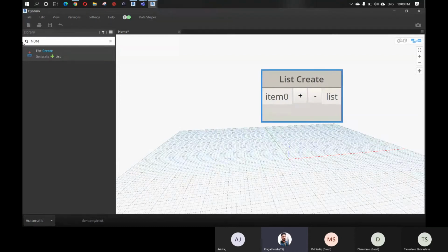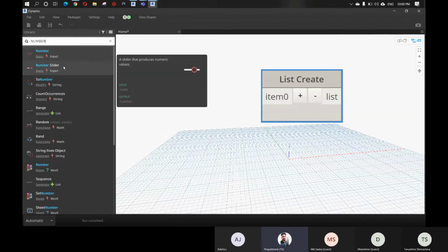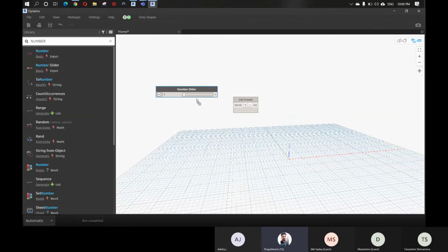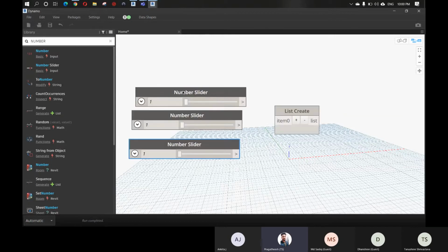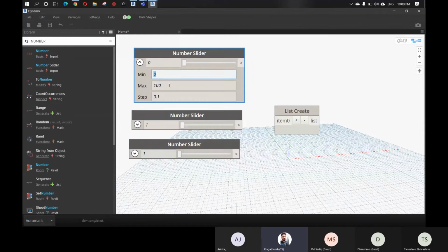Now I'm going to use some numbers, but actually you can use not only this number node, you can use this number slider. I'll show you what these number sliders are. These number sliders are nothing but you can just slide this so that the number gets changed. You can also set the number slider's value. If you drop this down, you have the minimum value, the maximum value, and the step value. The minimum value is 0, the maximum value is 10, and you can see it is moving with a step of 0.1.